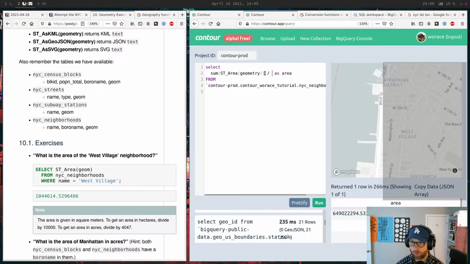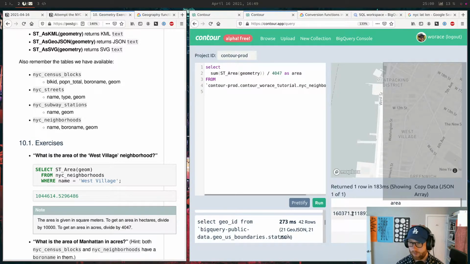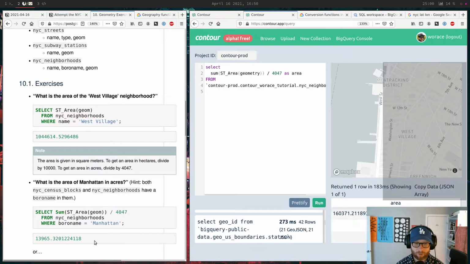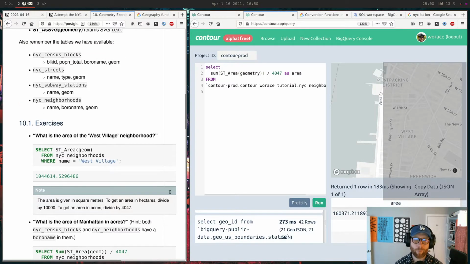So that would be meters, and let's divide by 4047. Area in acres. I see 160,000. Is that possible? Oh no, that is not possible.